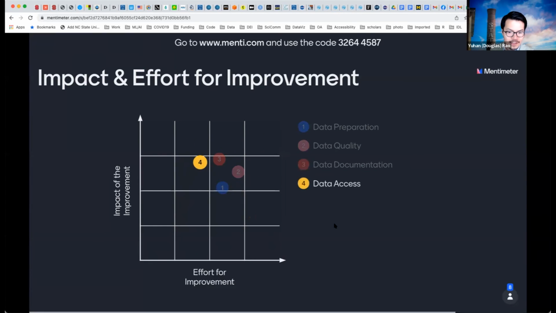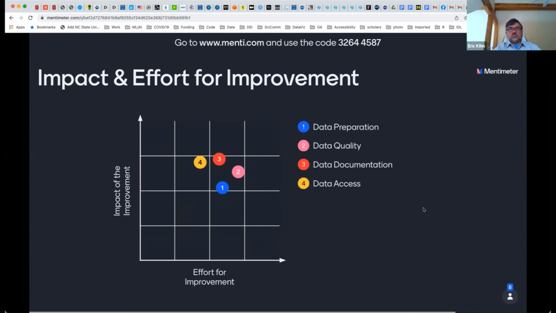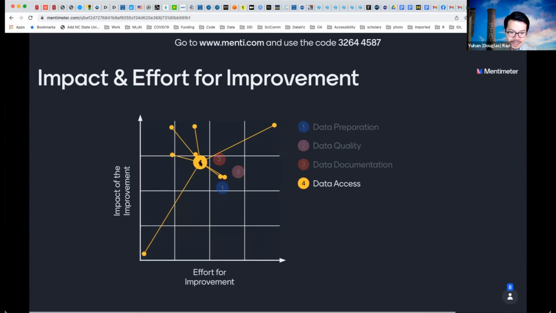Looking at the input from everyone, it seems like we have a cluster here that thinks everything should be improved and that there's a big impact. But some items have higher priority. For example, data access seems to require less effort but has a higher impact for the improvements.